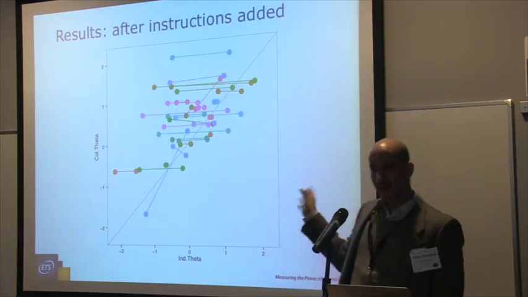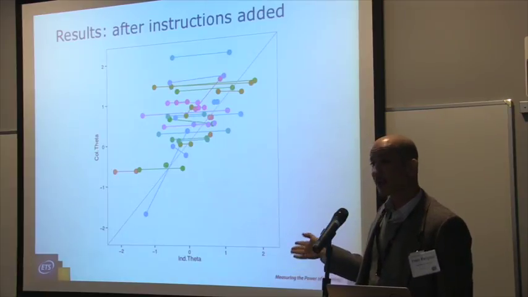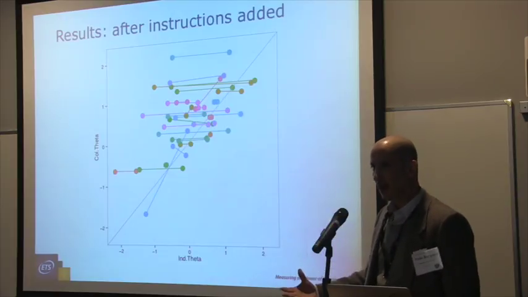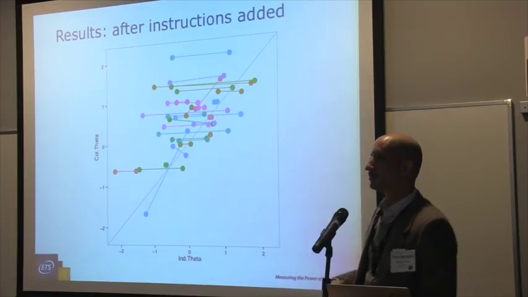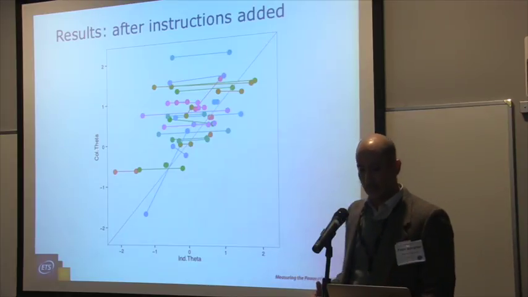There's still some variation in there, and that could be because somebody dropped out in the middle of the task. It could be because somebody omitted answers rather than putting them in by mistake, or in some cases, one of the partners was moving ahead so fast that even though they were trying, they couldn't keep up.